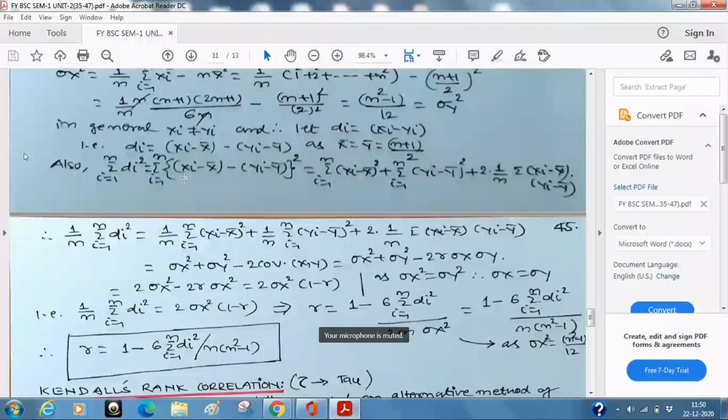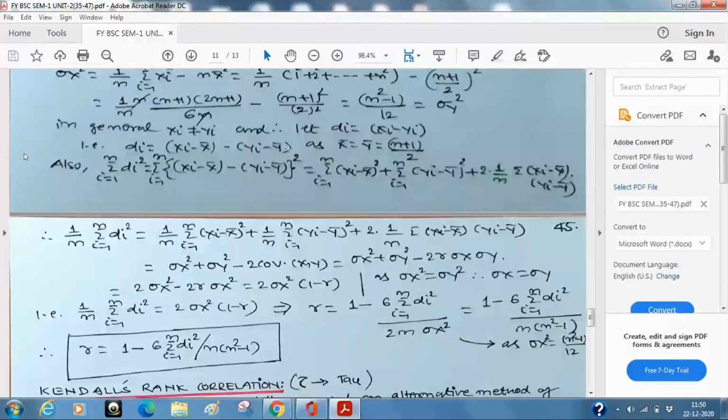I will start from here again. So see, is it okay up to this point? Is what I have told you understood up to here? di square. See, we start. Up to here my voice was audible, right? di is xi minus x bar minus yi minus y bar, because these two quantities are same, so I am adding and subtracting the same quantity. Is it comfortable?